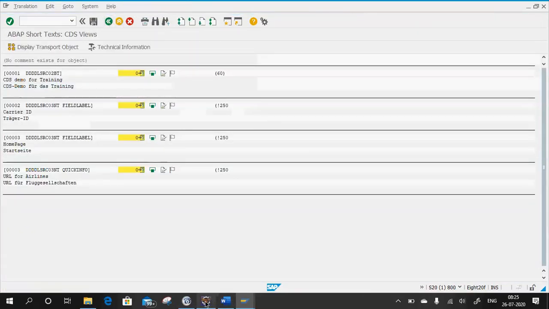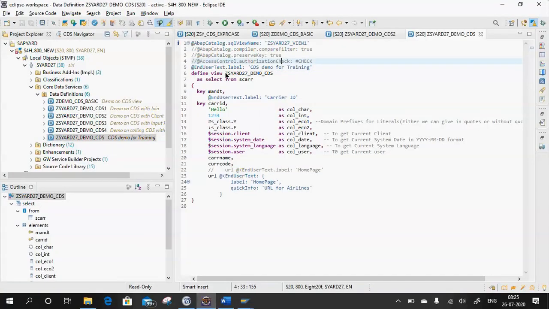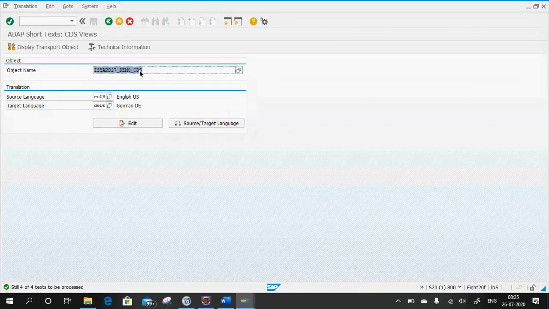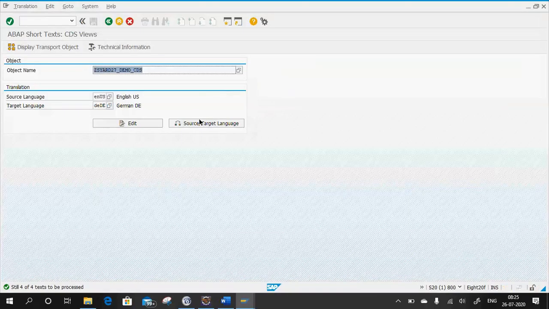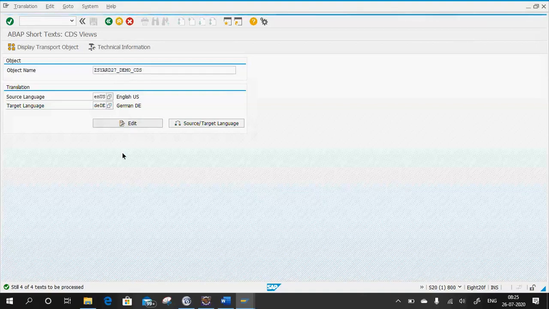Okay. So see here, what I am trying to say is whatever translatable text you have as a part of this DDL source. Now if I give my DDL source name, since my source language is English, right? There's CDS demo for training, carrier ID, here the end user text label is home page, right? Since my source language is English, suppose I want to convert it to the target language German. So now if I click on edit here,